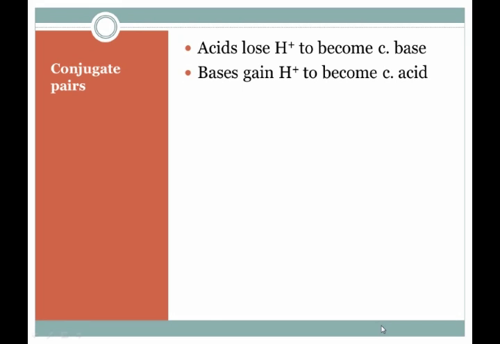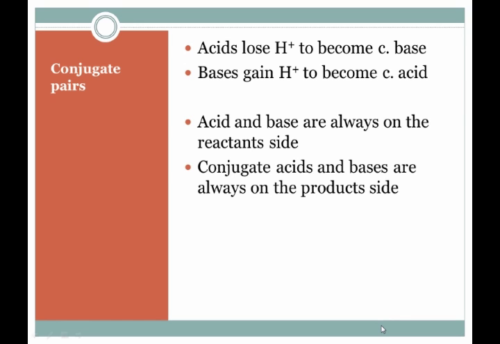The thing to remember here is that acids will lose hydrogen in a reaction to become a conjugate base, and the bases will gain hydrogen to become the conjugate acid. And so a general rule is that acids and bases will always be on the reactant side of a chemical reaction, and conjugate acids and conjugate bases are always on the product side. So you can think about this generally as being acid plus base will be going to conjugate base plus conjugate